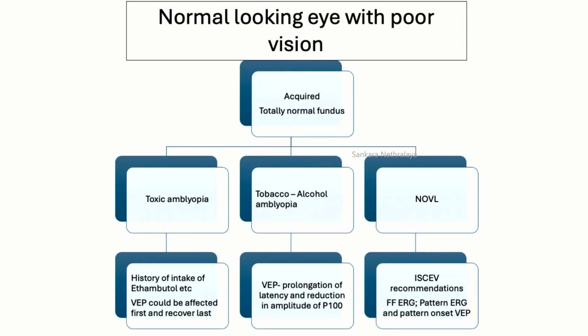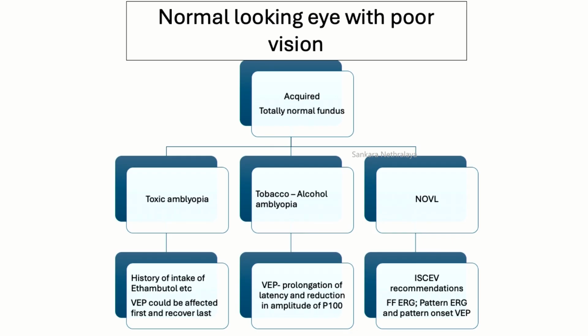Okay, acquired conditions with a totally normal fundus. In whatever we have discussed, there was some abnormality you could detect either by autofluorescence or OCT or ICG, etc. But you can also have a totally normal looking fundus and an acquired condition, not a congenital condition. That is like toxic amblyopia. Okay, somebody who has consumed ethambutol, yes. So ethambutol toxicity is a very, very important cause of poor vision with no visible changes in the